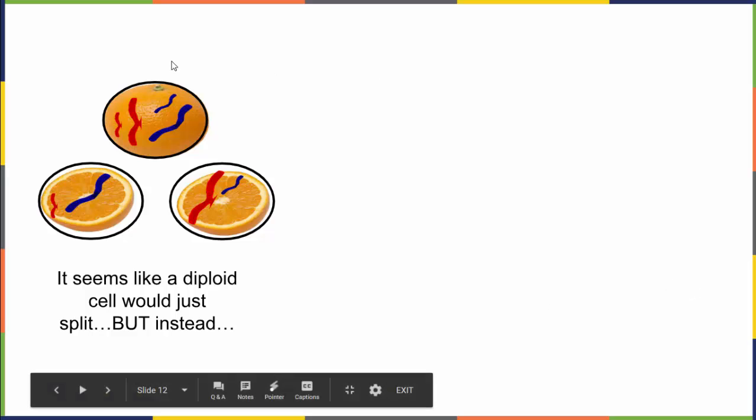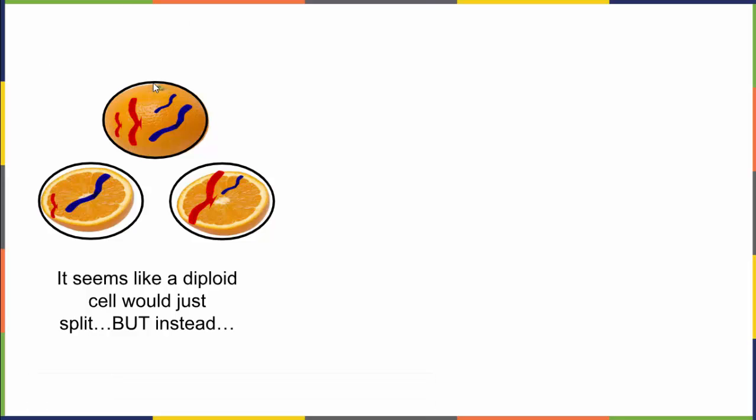And now I've added some chromosomes onto my orange. So we can see here, in this case, we have just 2 unique chromosomes. We've got a long chromosome and a short chromosome. So we've got long red and long blue, and then we have short red and short blue. And so this is, again, what doesn't happen. It seems like we should just split it in half, and each one gets 1 copy of each chromosome. This got a copy of the long chromosome and a copy of the short, long and short, but again,